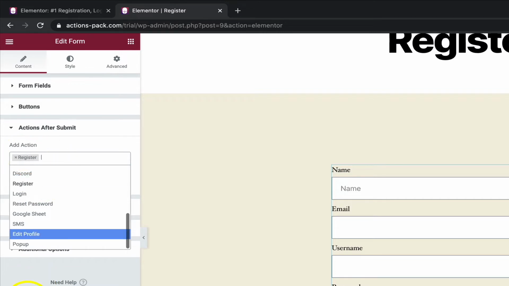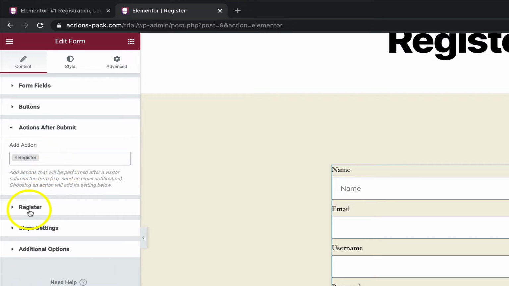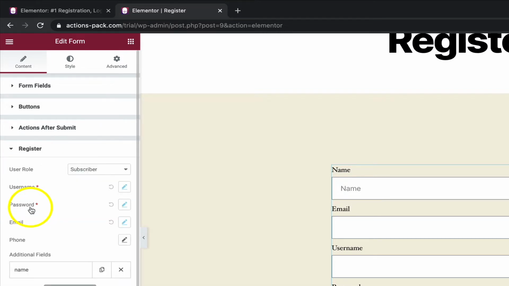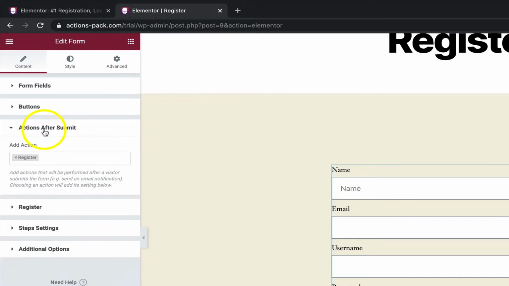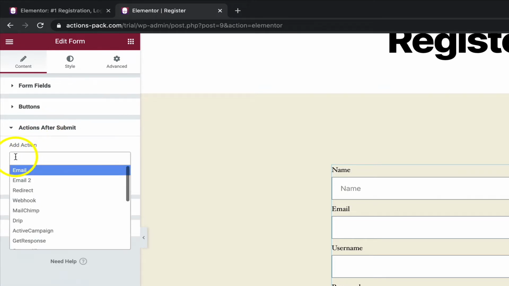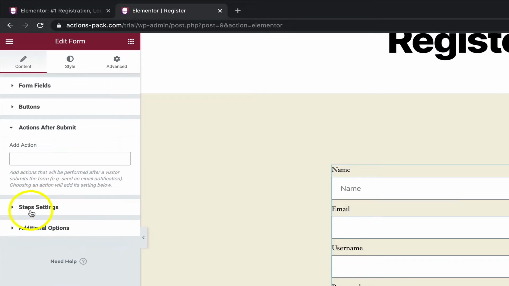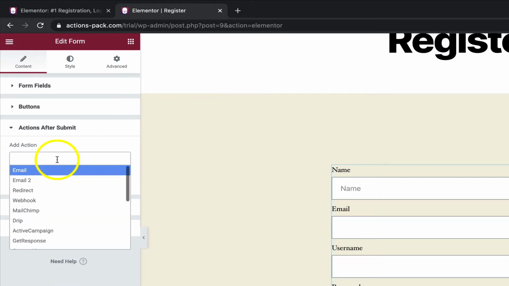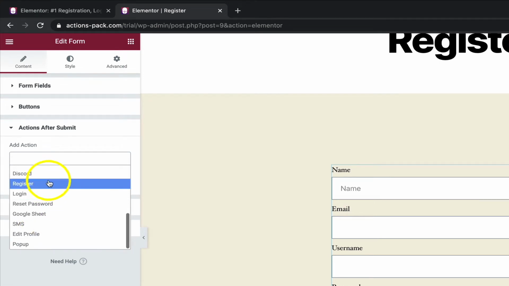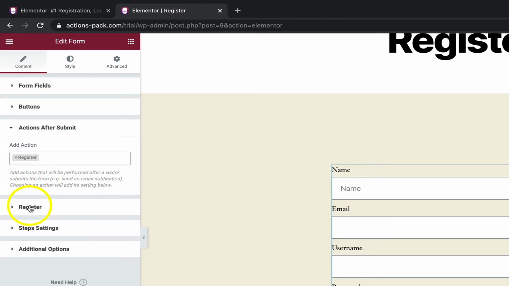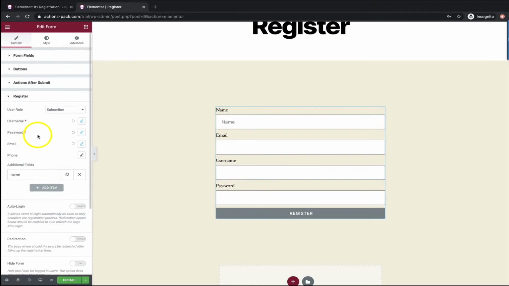We have register selected at the moment. And if I deselect that, for example, you see the registration menu item disappears. If I come back into this space, scroll down, and choose register, now it reappears, and we can customize the settings inside.